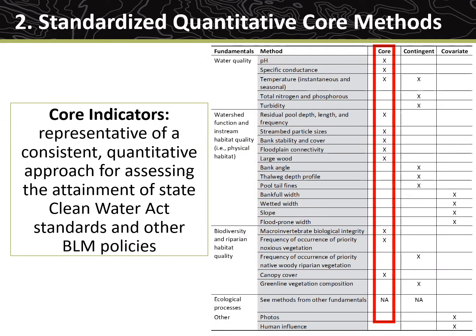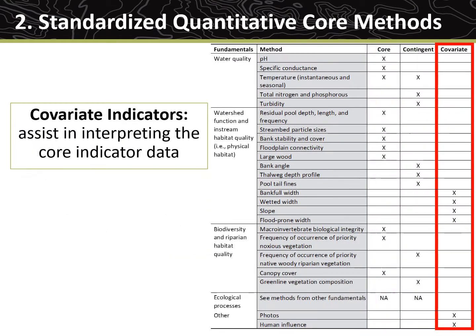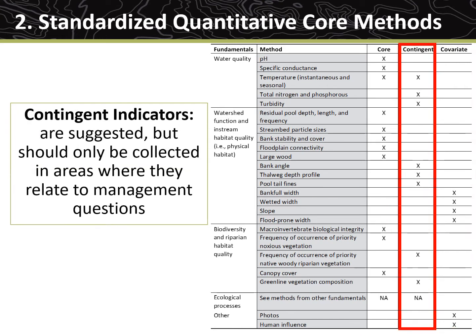The Lotic AIM indicators consist of 11 core indicators that are representative of a consistent, quantitative approach for assessing the attainment of State Clean Water Act standards and other BLM policies for streams and rivers. There are 6 covariates to assist in interpreting the core indicator data. 8 contingent methods are suggested, but should only be collected in areas where they relate to management questions. The collection of supplemental methods is highly encouraged for specific and localized management questions. Examples might include surveys for special status species, such as spring snails, or the collection of water samples to quantify